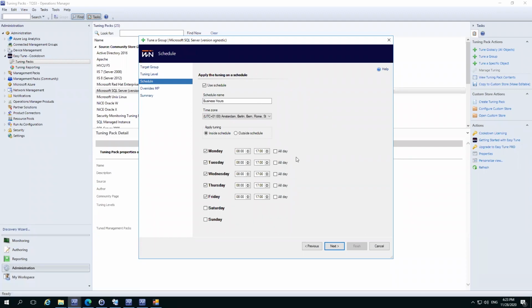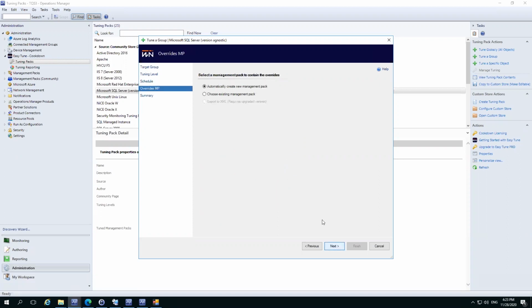So just an example, right? So we can see the schedule name, business hours. You can change this. You can change the schedule. And then if you move to the next part,